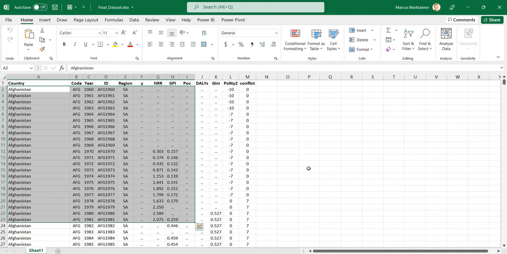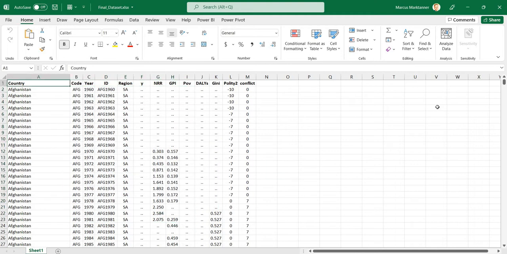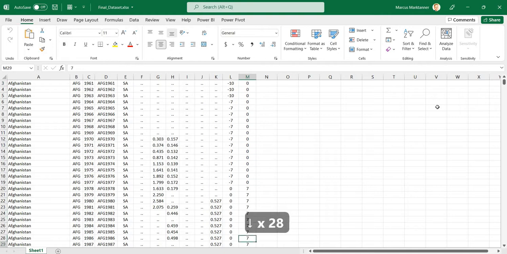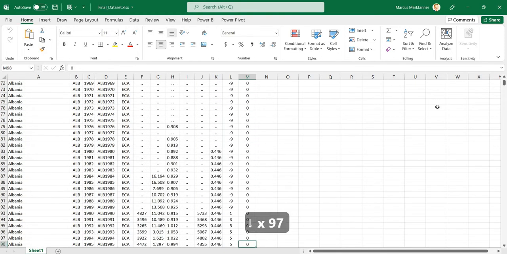So we have now all the data that we could download, but as you browse through the data set, well, there are many missing observations,